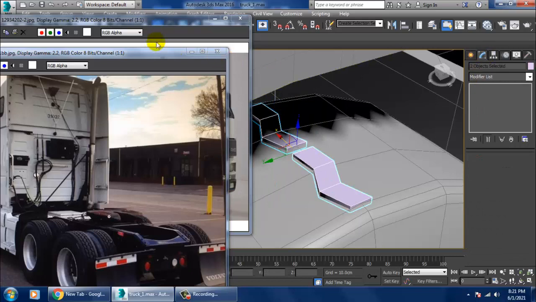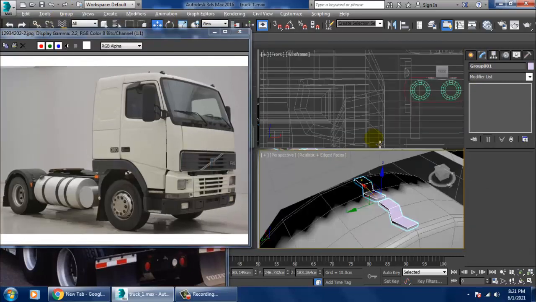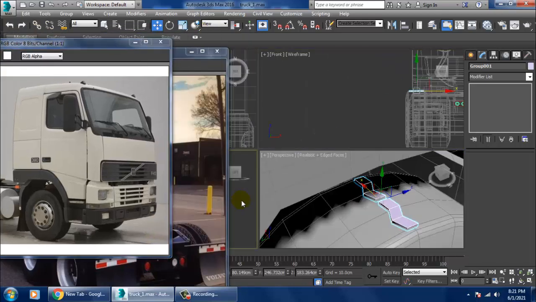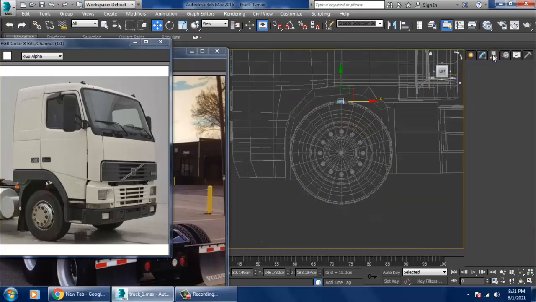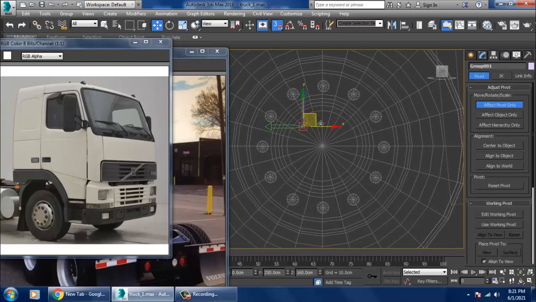If you want, you can just group this. Go over here into the side view. Go into hierarchy, affect pivot only. Press S and snap over here.